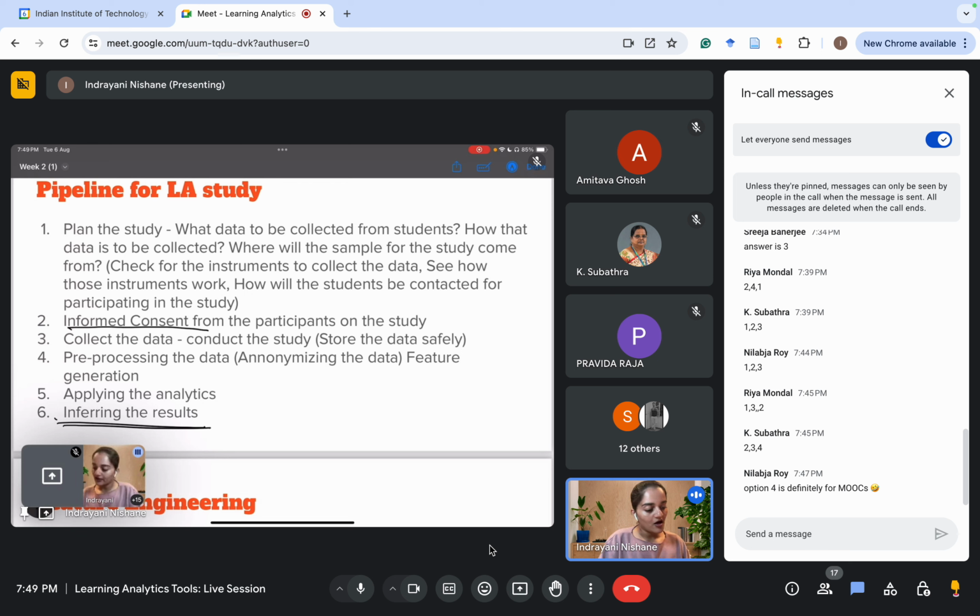which will help us in collecting the log data. So all the instruments need to work out. If, while filling the survey, students get confused by certain jargon, we need to clarify those heavy words used in the survey forms. All these things we need to plan before we conduct the study. This is setting up the boundary for your learning environment,